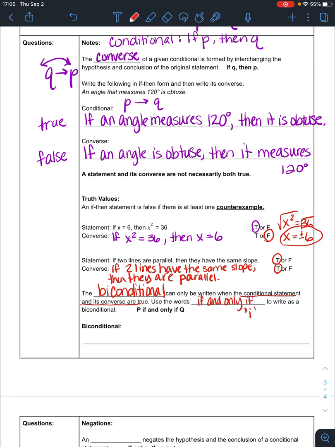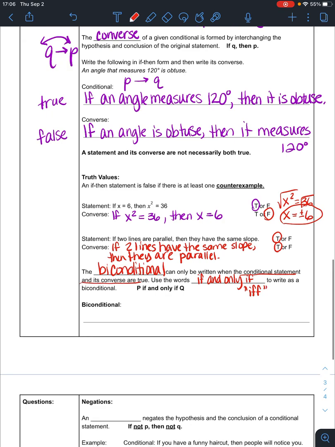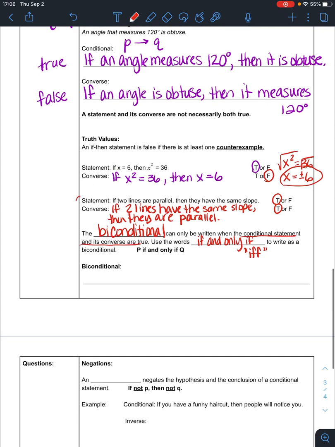Or you can use IFF for short. That stands for if and only if. So let's write a biconditional for that statement, because both the statement and the converse were true. So let's write that biconditional. The biconditional would say, going back to our original statement, if two lines are parallel,